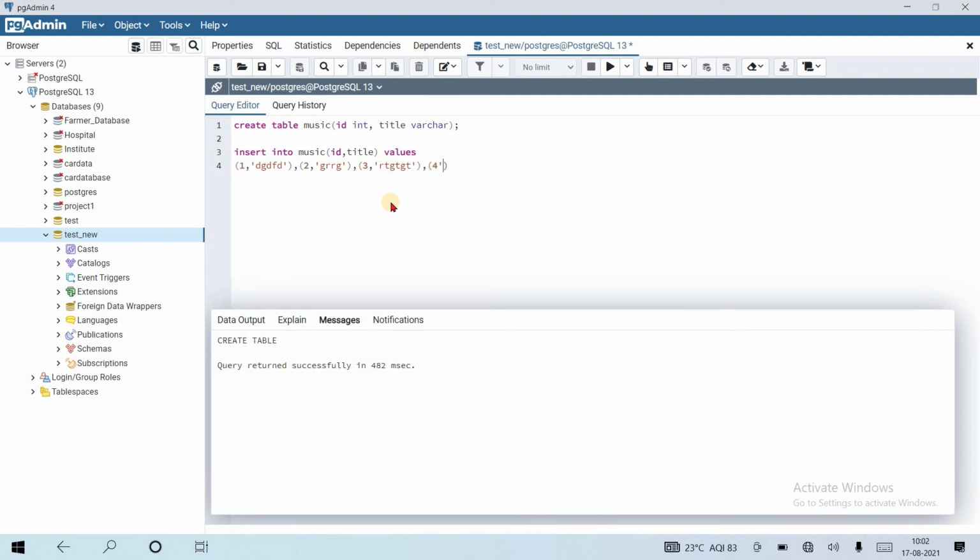Okay, 4 values were inserted. Now let's run the query and see the data.